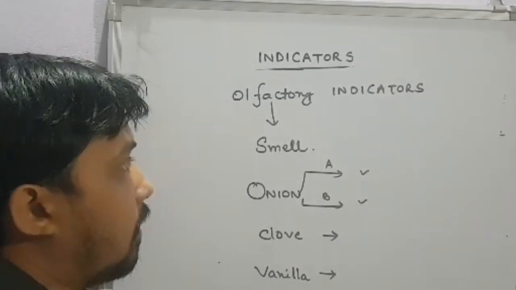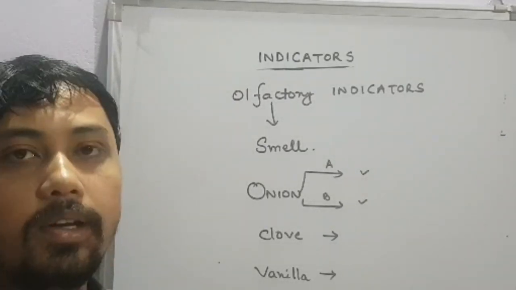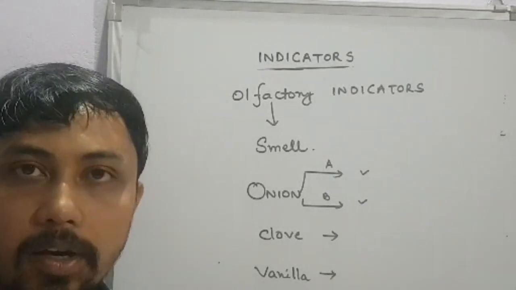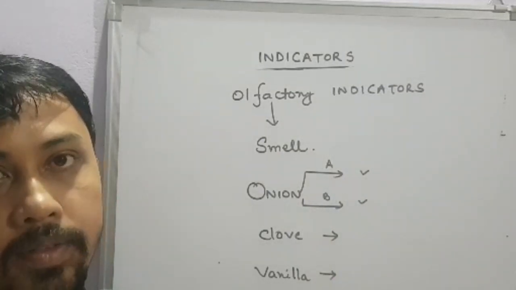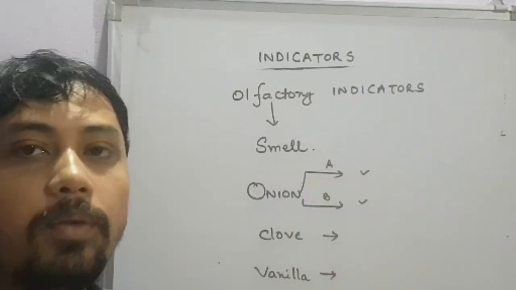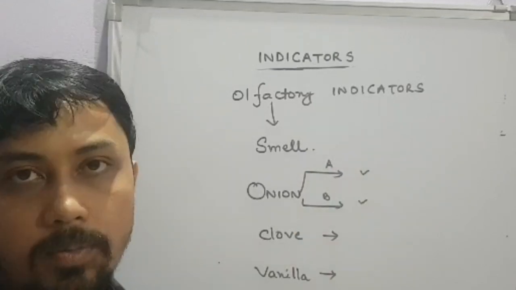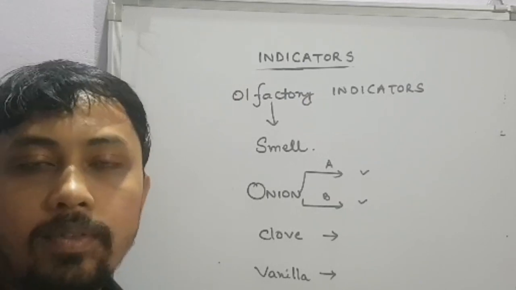To sum up this entire class, we have learned about indicators, types of indicators, natural and chemical, examples of natural indicators, examples of chemical indicators, and what are olfactory indicators along with their examples, right? So these are very important points from the examination point of view. Please go to the textbook and try to revise all these concepts. In the next video, we are going to learn about more properties of acids and